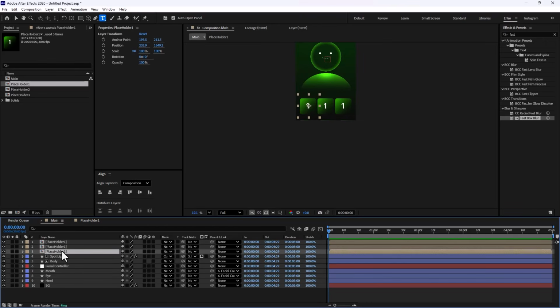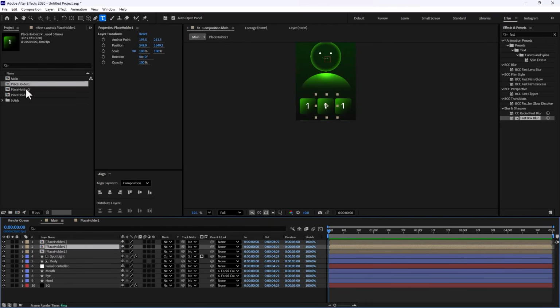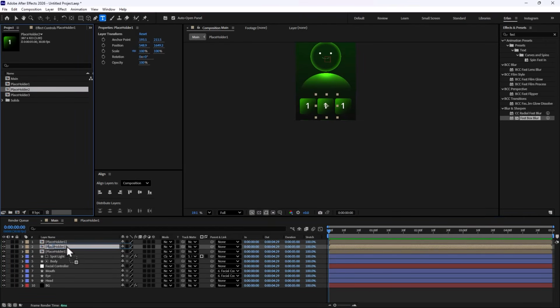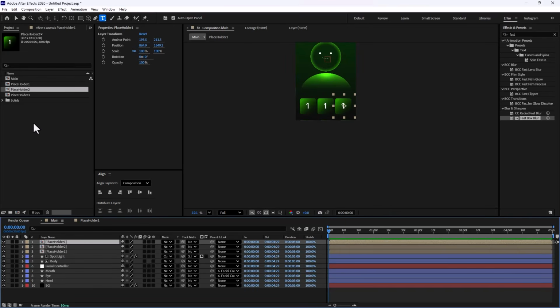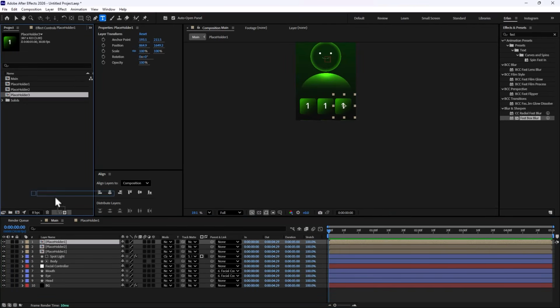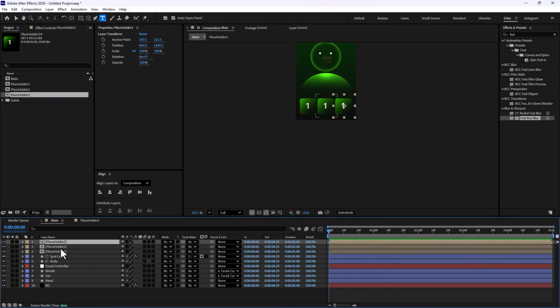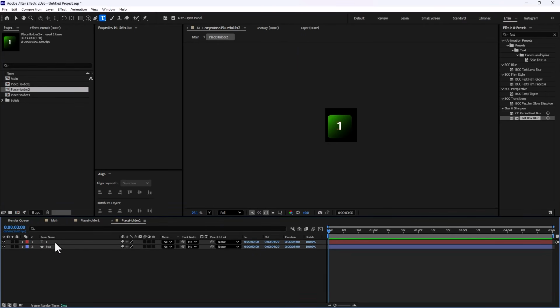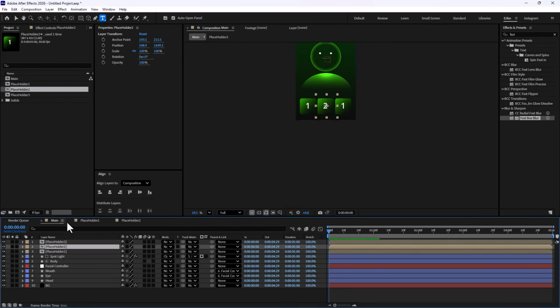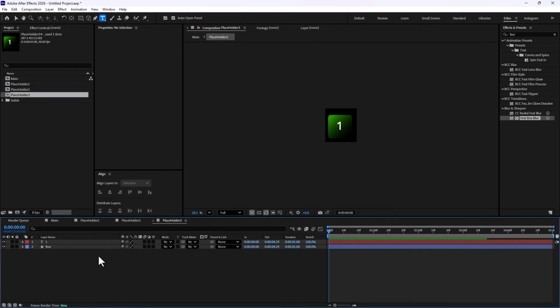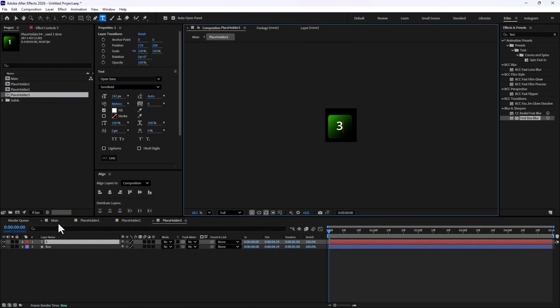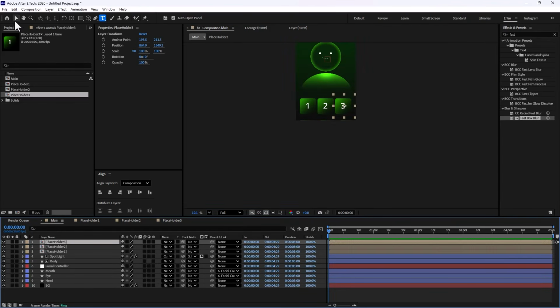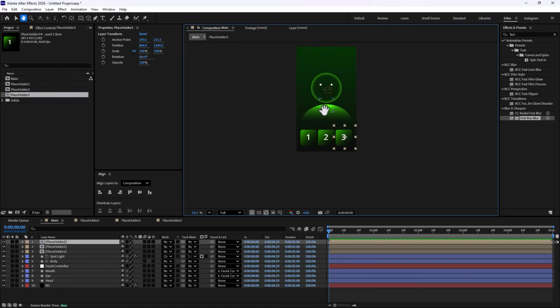Now I'm just gonna hold Alt, and I'm gonna select this composition, and I'm gonna just replace it in here. And then I'm gonna just select this composition as well. I'm gonna hold Alt, and then I'm gonna replace it with this composition. Now, if I change this comp, you can see that it will only change the composition that we have. So now it will treat it as a separate composition. All right, this looks good. Let's just animate it really quick for the first part.